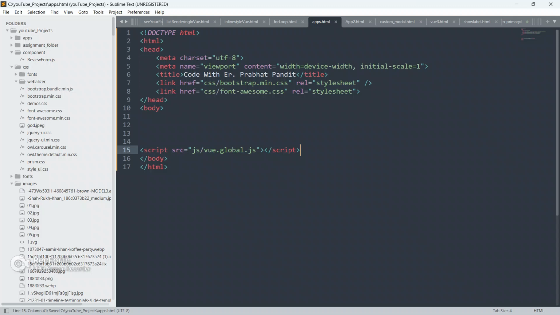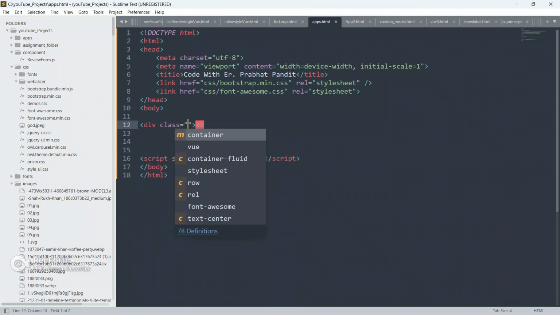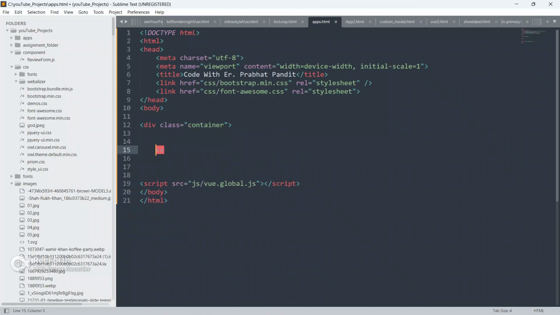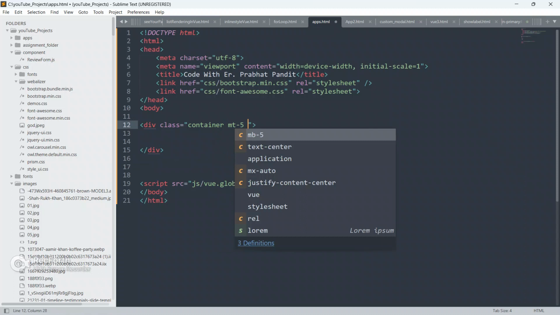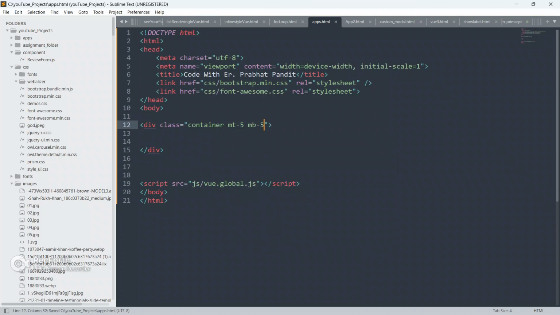Just paste it here. Okay, so now I'm gonna create an input box. I'm gonna create a div now. So create a div, give it a class of container, close this div now, give margin top also 5 and margin bottom also 5. Okay, so now what we have to do guys, we have to mount this div to our Vue.js instance.